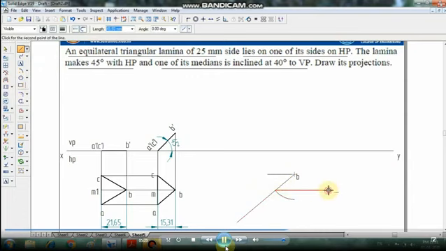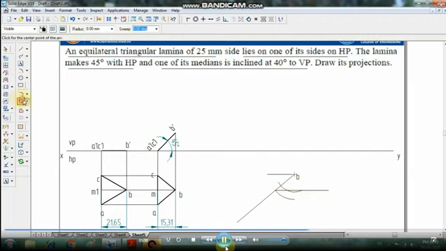Draw a line as a locus of the median M, and now we are going for this radius, which appears after the inclination, 15.31. Draw an arc with the arc command, center point B, radius 15.31, on the locus line.